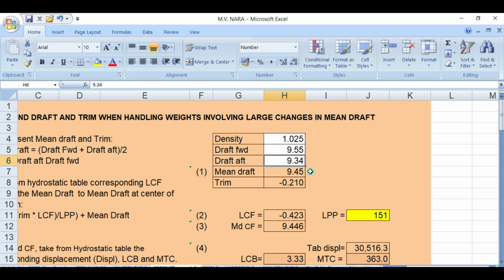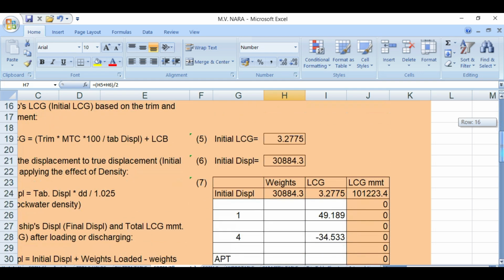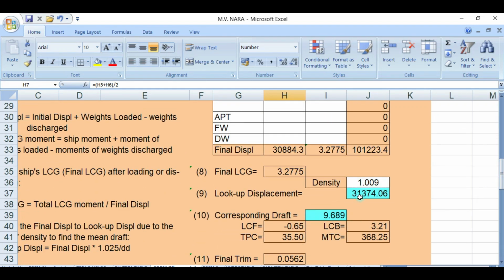And when you say summer draft, the density will be 1.025. So what will be your draft if the ship loads in a density of 1.015?